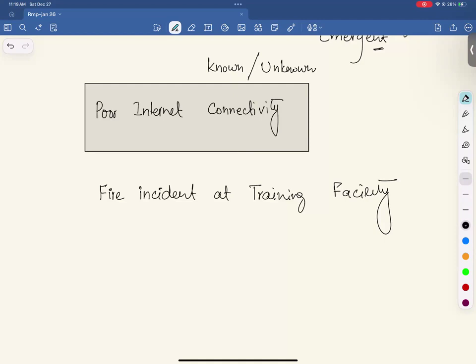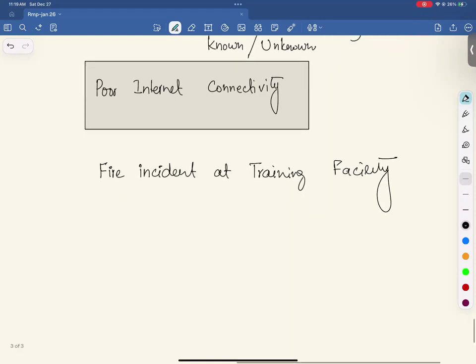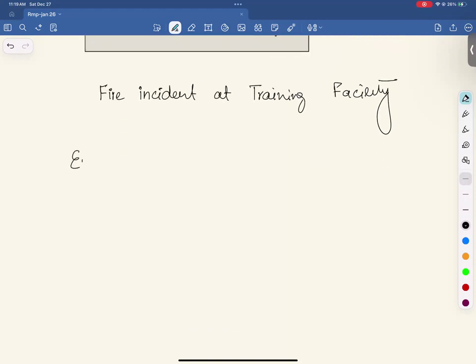That's a very good point. Simply mentioning something as unknown as a line item does not make an unknown risk a known risk. It's still unknown, right? If you are mentioning an event, then it is known. So for an unknown event, we add a cost element. We will be talking about it in detail. That's called management reserves. But still, it's an unknown risk, okay? Then we have event-based risks